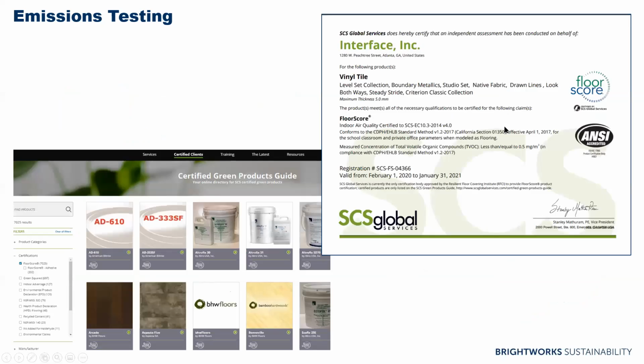So a few examples of what emissions testing might look like. Here's an example of an SCS FloorScore certificate. You can see the manufacturer was Interface. It's for vinyl tile, but specifically these lines. And you can see digging in here, okay, it meets version 1.2, 2017, and it's valid until January 31st of next year. I will say, going back,